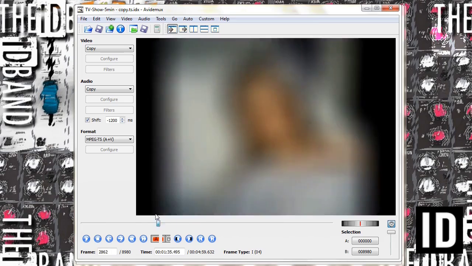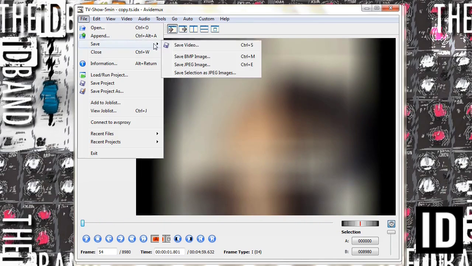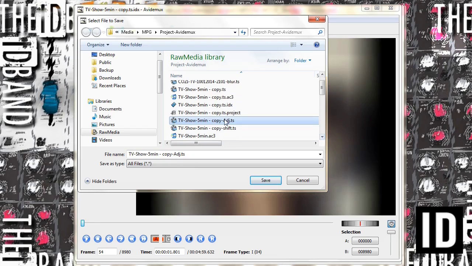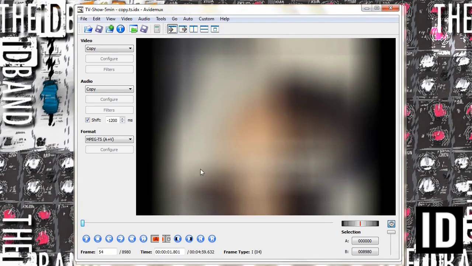Once we sync, we haven't made any cuts. I will go in here and save the video. We can't write over the top of copy.ts, so I'm going to name it adjusted. So basically, that takes the MTS file and makes another MTS file, except it used this value. So it is already adjusted, and what I showed you, there's a 1.2 second